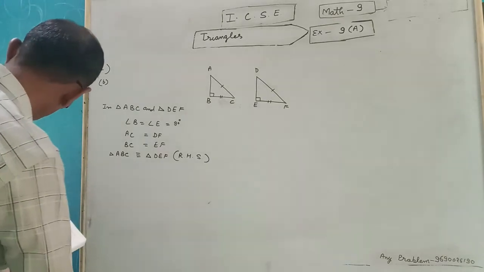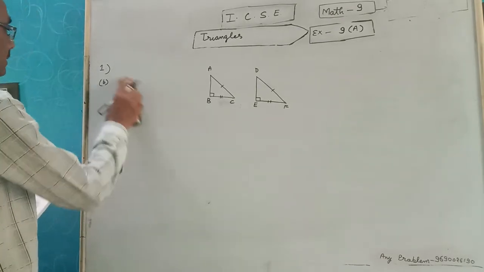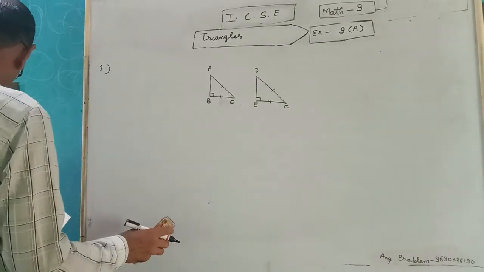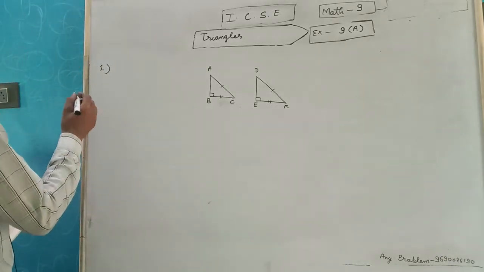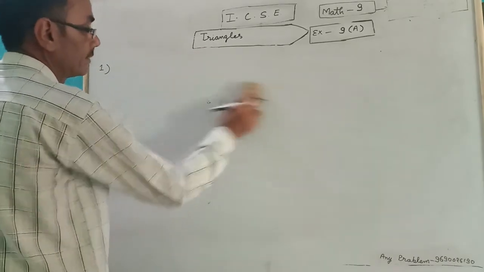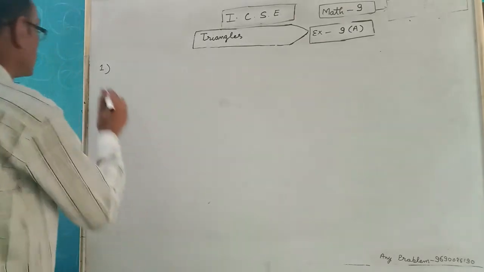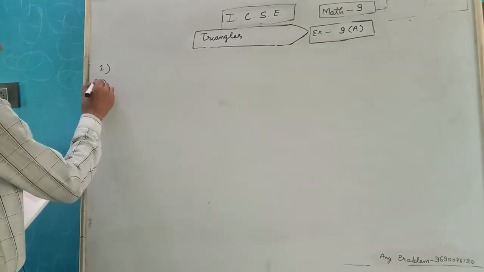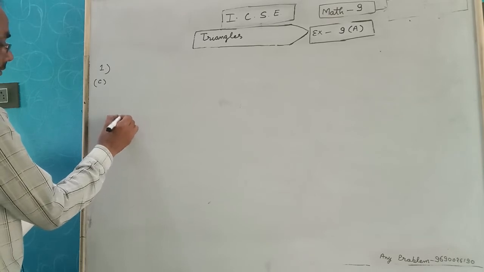B part is complete. C part is in triangle